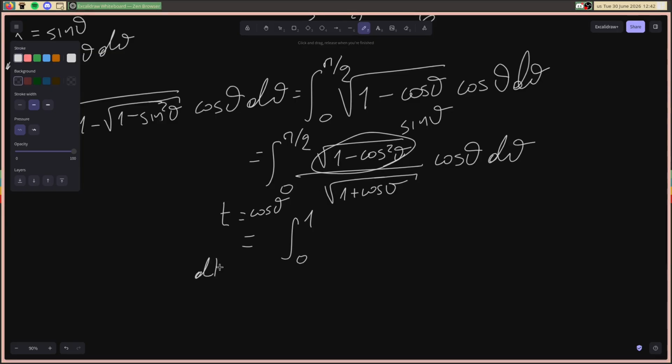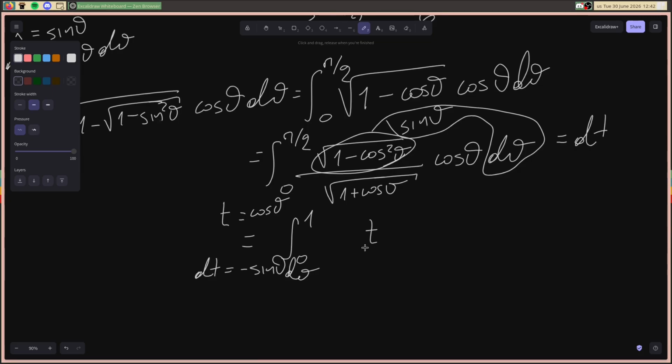Then dt is negative sine theta d theta. But we still get the same boundaries of integration, so this is our dt, and this is finally the integral of t over square root of 1 plus t dt,